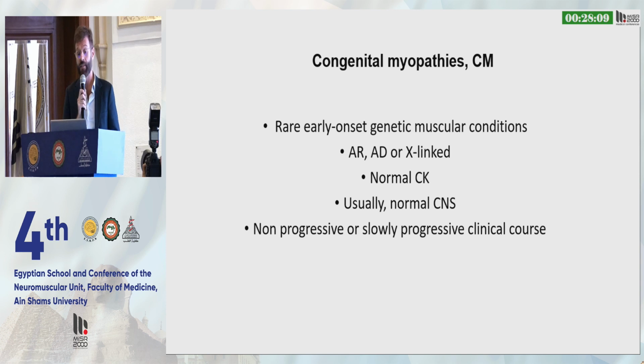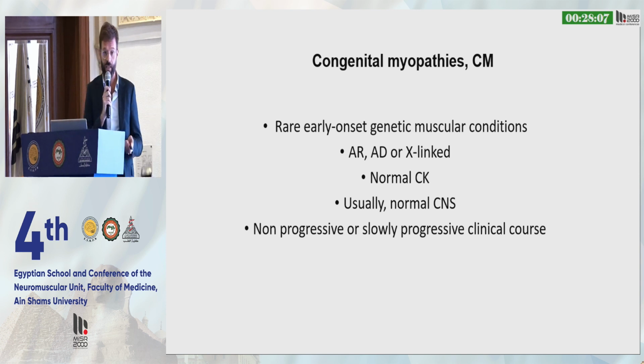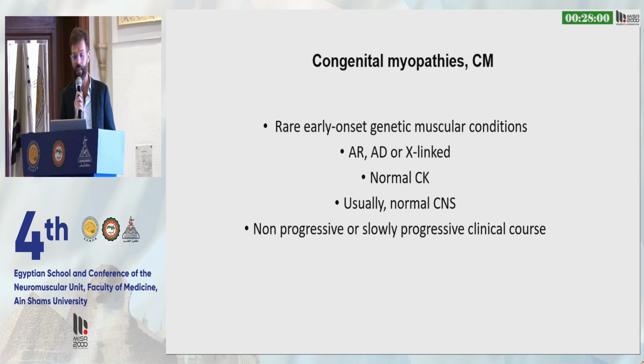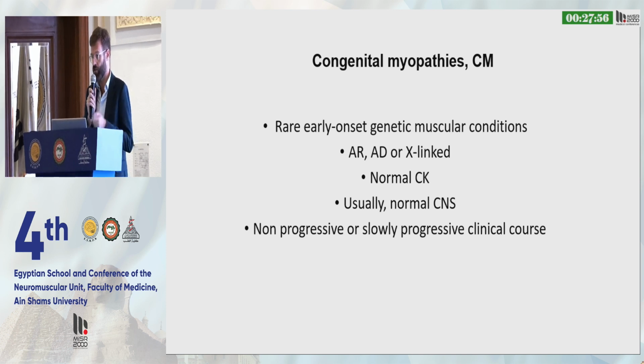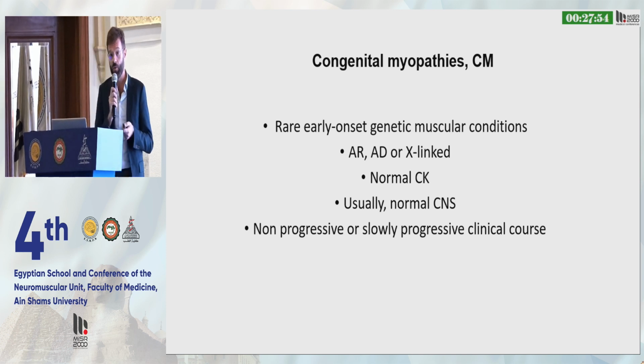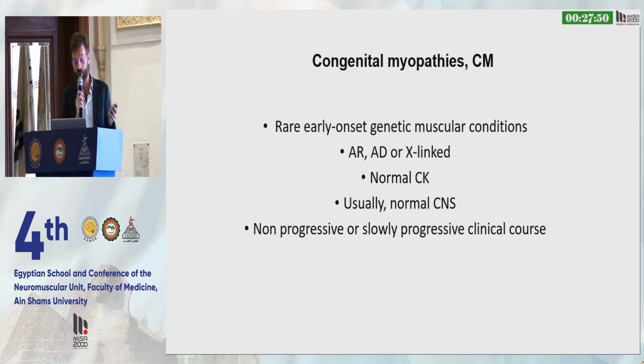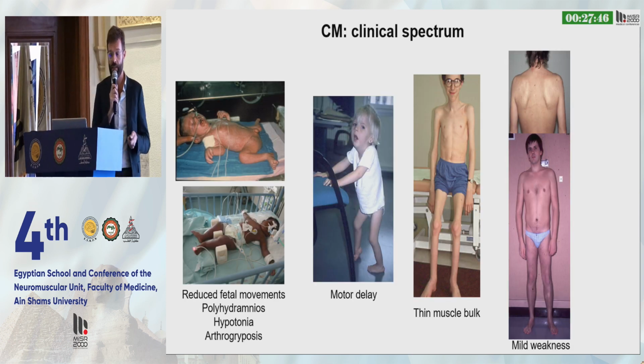The congenital myopathies are rare disorders. They are early onset, but we will see we can have some variation. They are inherited with autosomal recessive, dominant, X-linked or de novo pattern. They usually have normal CK, which distinguishes them from the dystrophies, and they usually do not present central nervous system involvement. They are considered non-progressive or slowly progressive in clinical course, but in fact we see that we have a huge phenotypic variability